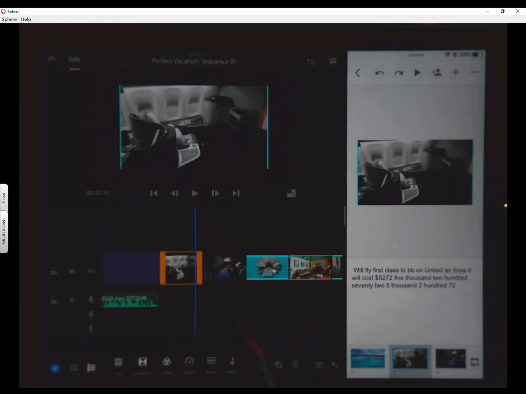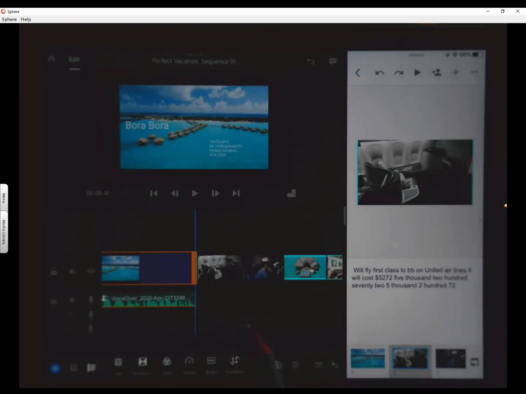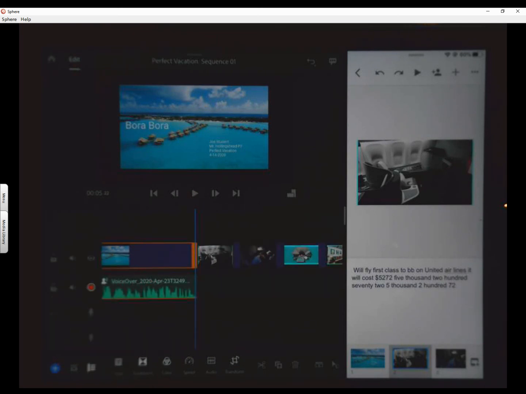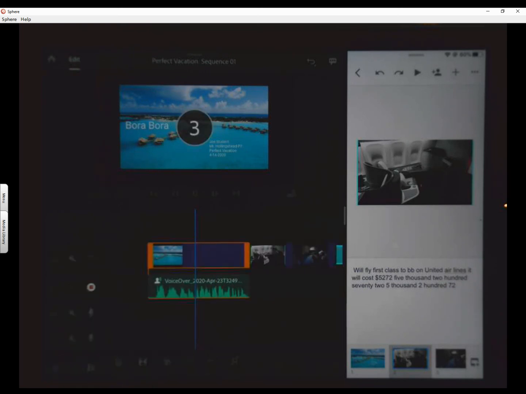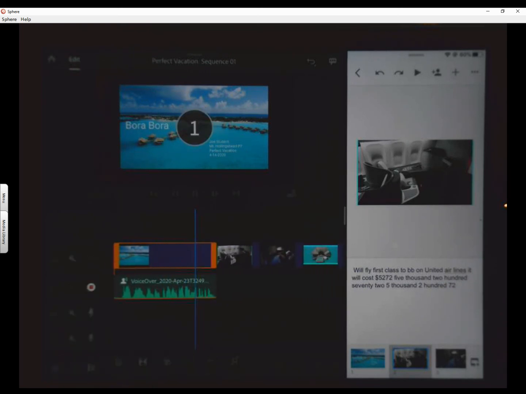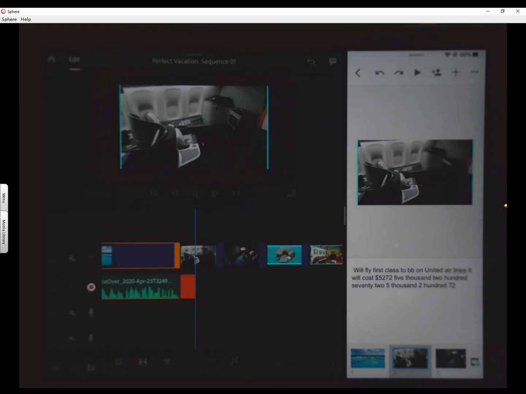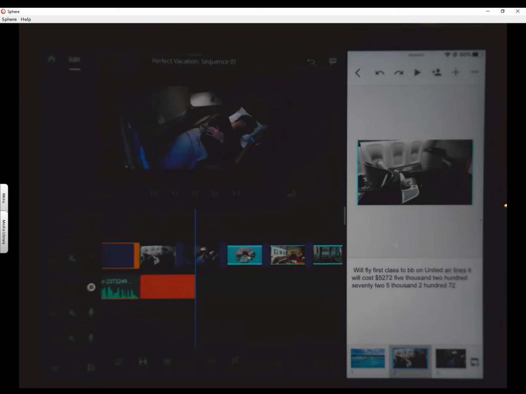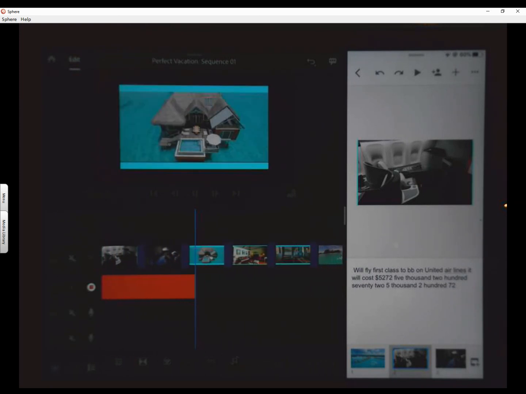And again, I want to just start on my next slide here. And then all I have to do, once again, see the little microphone right here? I click on the microphone and it gives me that option, and I can hit record again. I'm going to Bora Bora on a perfect vacation. We will fly first class to Bora Bora on United Airlines. It will cost